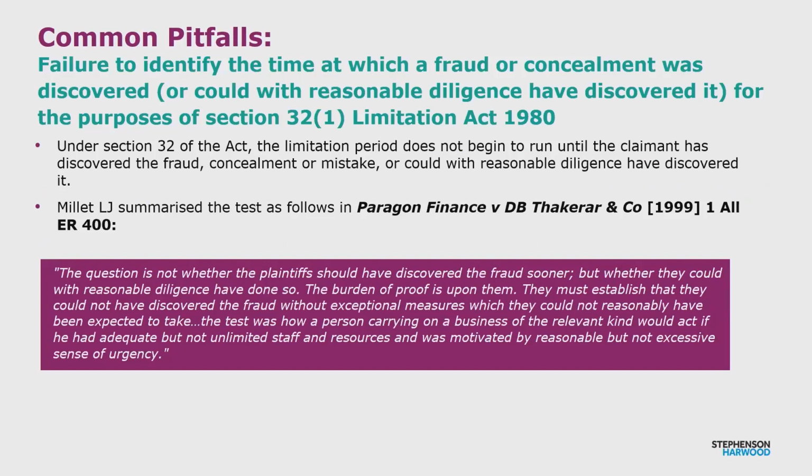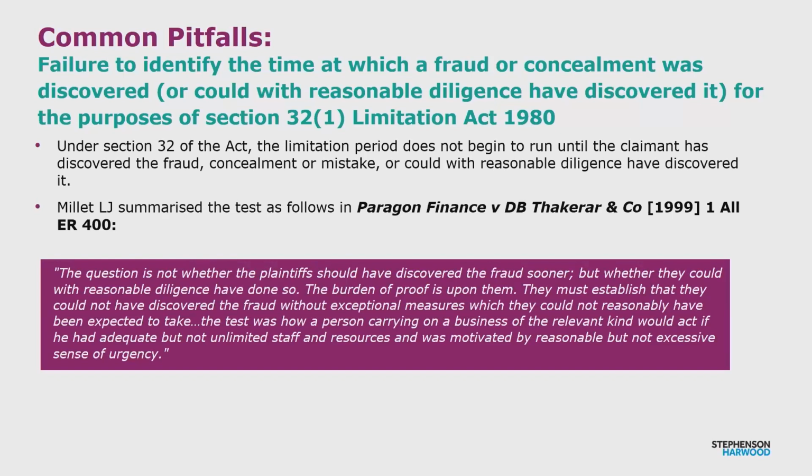There are a lot of significant overlaps with the extension of time under Section 14A and the separate extension of time which is available under Section 32(1) of the Limitation Act. And so a lot of the principles that Adam identified are very common between the two. So Section 32 of the Limitation Act provides that the limitation period, i.e. the primary limitation period, doesn't run until the claimant has discovered a fraud, concealment or mistake, or could with reasonable